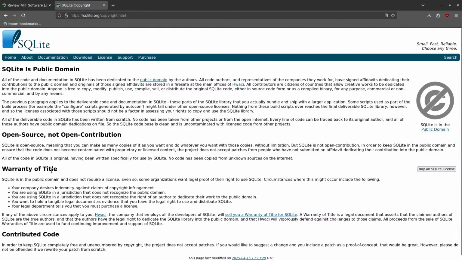And also here they do say there's a warranty because it's public domain. It doesn't require a license. Even though some organizations still want legal proof for the right to use SQLite, this is what they claim here. See, there's indemnity and jurisdictions and all of that. So there we go. Anyway, so with that out of the way,